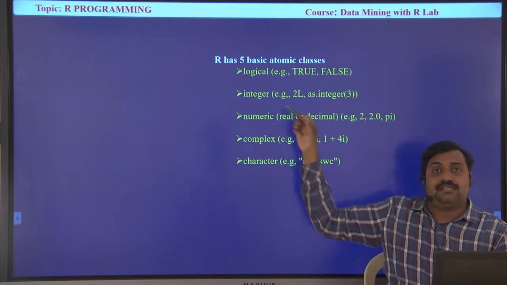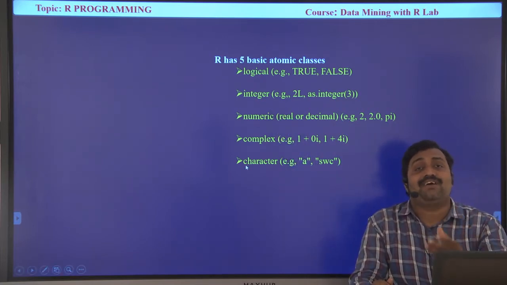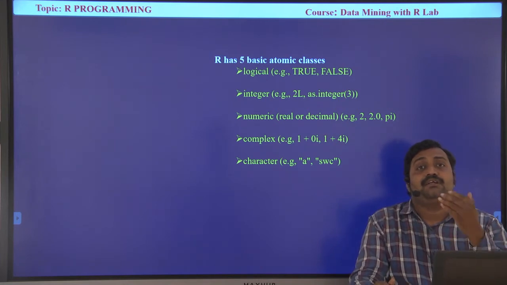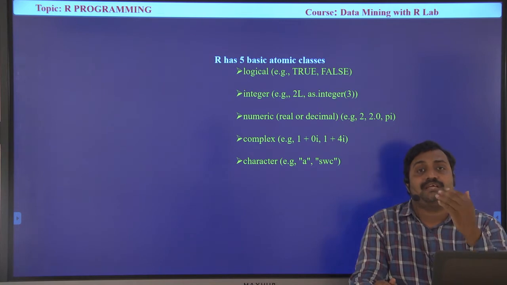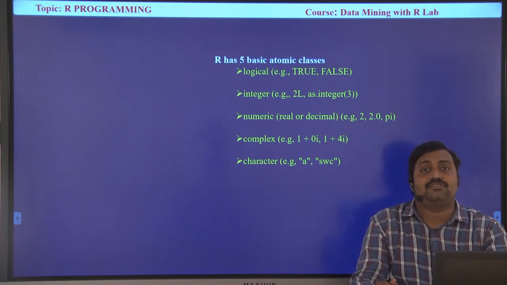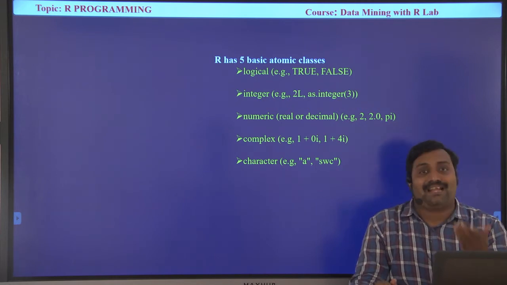And integer, which we already discussed in the last class. When I create an object and assign some value, by default it takes an integer or a double type. When I assign a equal to 10, obviously it is saved as double type and numeric class.